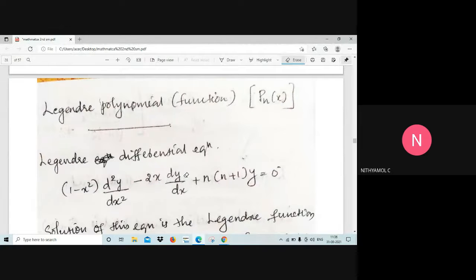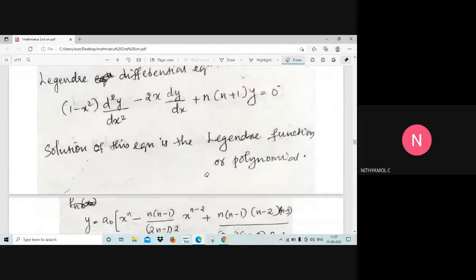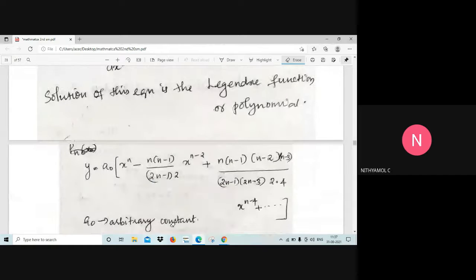Legendre polynomial function Pn of x. Legendre differential equation has this form: (1 minus x square) d square y by dx square minus 2x dy by dx plus n(n plus 1) y is equal to 0. Solution of this equation is the Legendre function or Legendre polynomial. The solution of this Legendre equation has the form